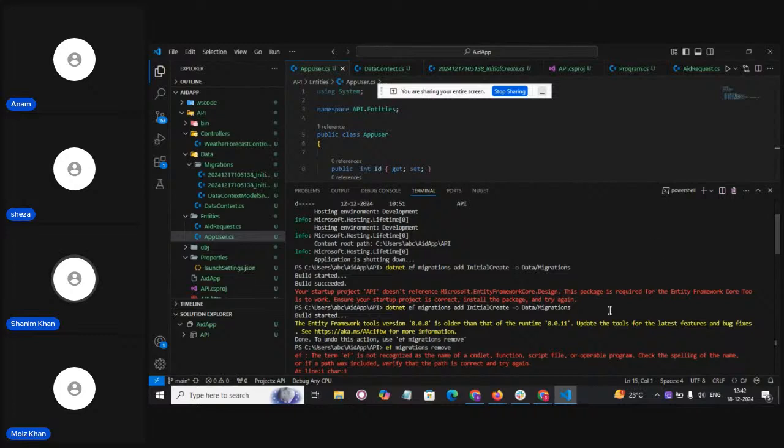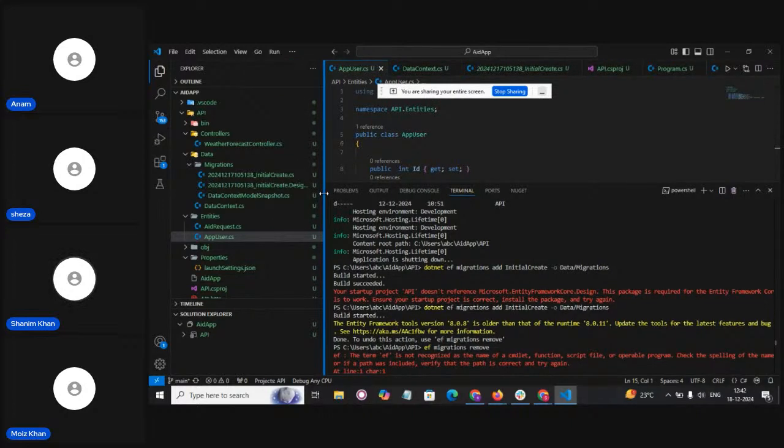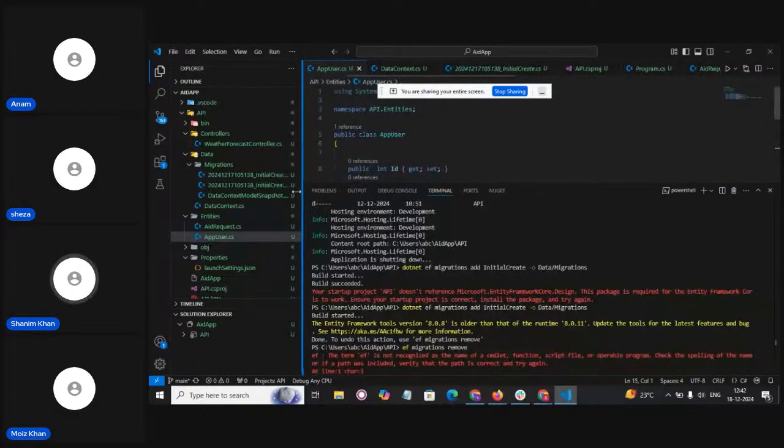I faced some issue in migrations as I forgot to do the previous step, but it was done successfully using this command. Inside the folder we have these three files: initial create, design, and model snapshot. Then I created a database,